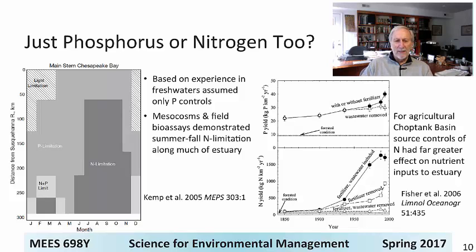And it really was a combination of mesocosm studies done by Chris Delia, who was at CBL at the time, Tom Fisher in his field bioassays, and other lines of evidence which really showed that the bay, if you look at the estuary from the freshwater end member to the ocean, and here's over the year, the bay starts out early in the year as being phosphorus limited, the phytoplankton growth and production, whereas it then becomes nitrogen limited over much of the bay during the summer and fall.